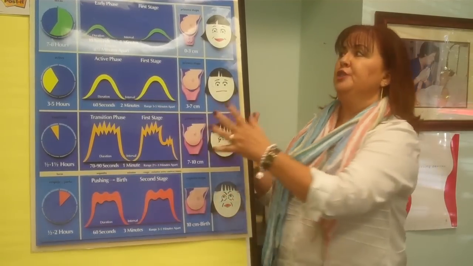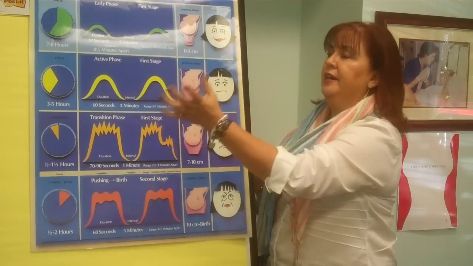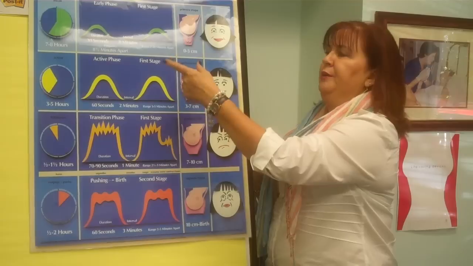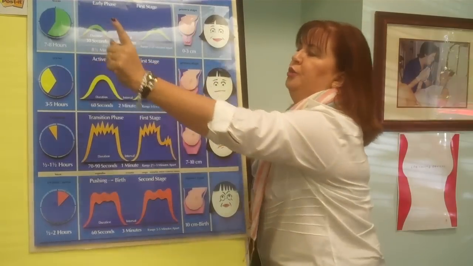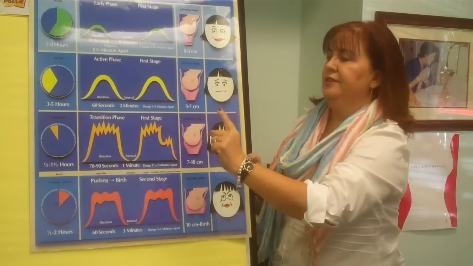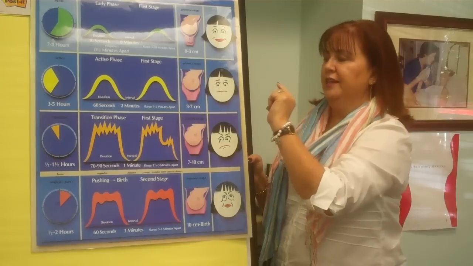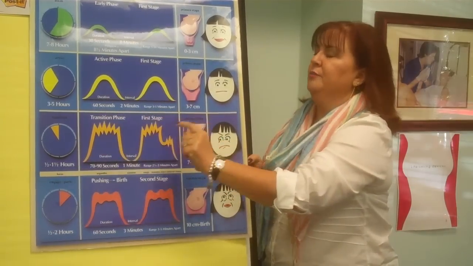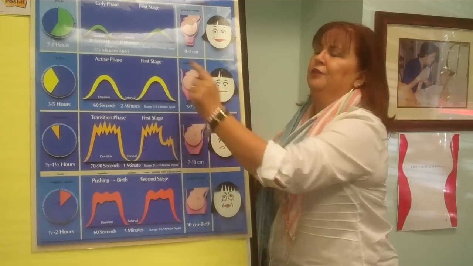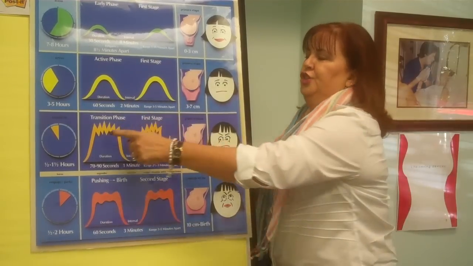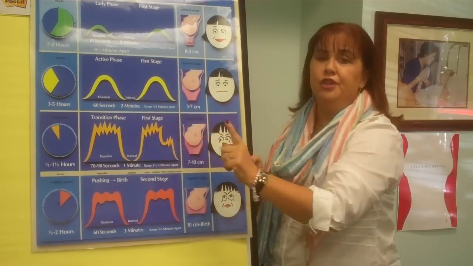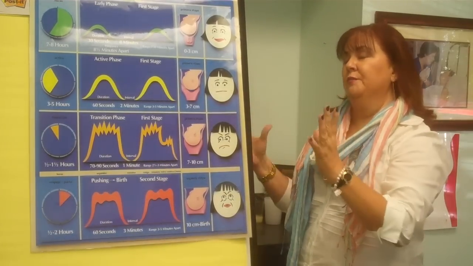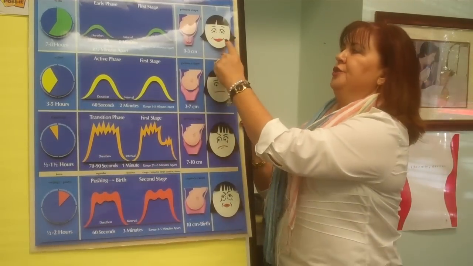So what I do is I explain what the early phase is. In very short, layman's terms, I explain what the active phase is, how long it usually lasts, and how long the transition phase lasts. On transition, I always say, you see these sharp marks up here? These sharp marks don't mean painful, painful, painful. That's just showing what her breathing looks like if she is on a monitor. I always try to use the word "if," because we want to keep moms off the monitors. So I use the happy face,